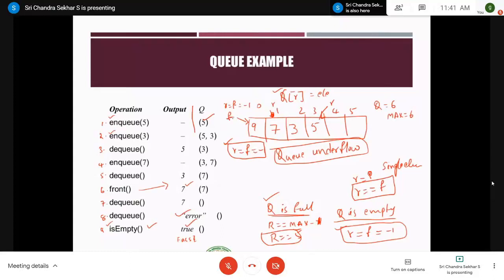DQ means you increment the front pointer such that the element is removed and front is pointing here, right? So after performing all these operations, the elements that are present inside the queue are 7, 3, 5.